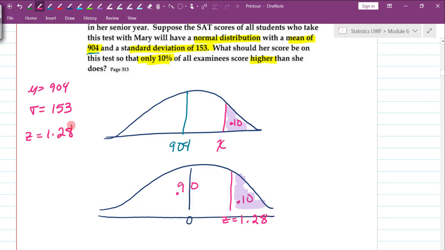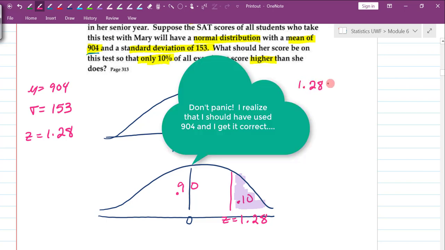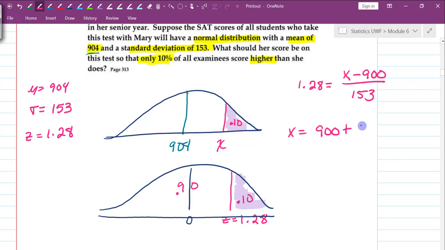So really what I have is 1.28 is equal to x, that's what we're solving for, minus our mean, divided by our standard deviation. This is really what we have. We can solve this by multiplying both sides by 153 and then adding the mean. So we end up with x is equal to 904 plus 153 times